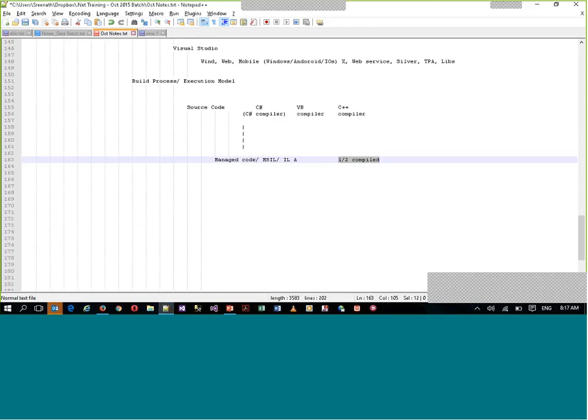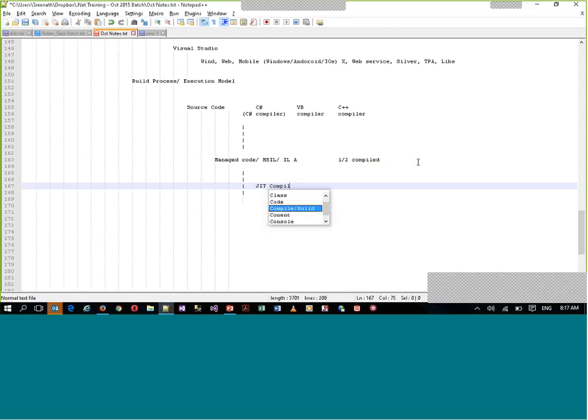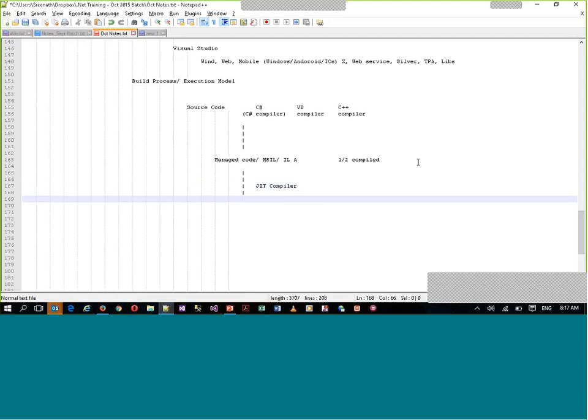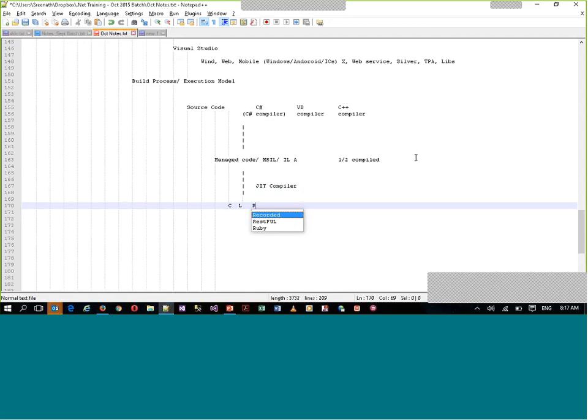code. As soon as your MSIL is created, immediately it will be loaded. Now there is a programming language which is converted, which I can load directly into my components. This will get loaded into a component called the JIT component, which is the main compiler, the just-in-time compiler, which is part of the CLR again. It immediately loads the MSIL code into the CLR, the Common Language Runtime, the heart of the .NET framework, which is